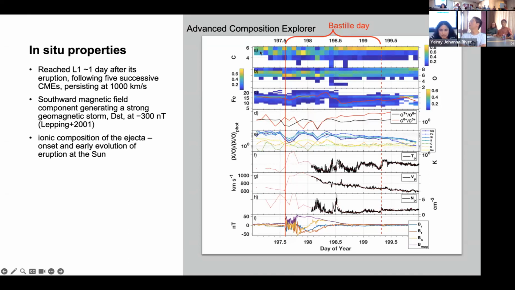Just in case some of you are not familiar with looking at charge state distributions, this is the charge relative abundances of carbon, oxygen, and iron. The way that you read these is, each timestamp is associated with a full charge state distribution, where this is, for instance, carbon 4+, carbon 5+, 6+, and then the same for oxygen and iron here.